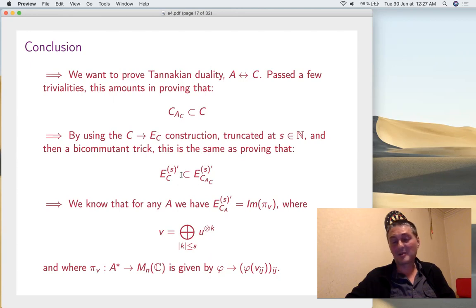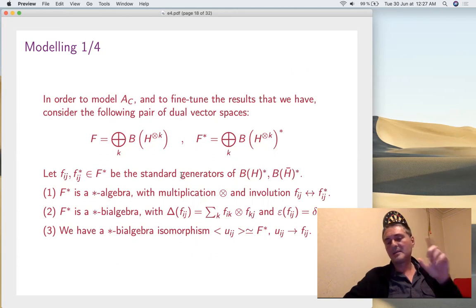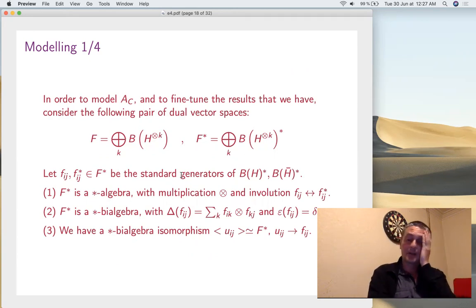So we're done somehow with abstract algebra. We cannot get beyond it. We have to go now into some matrix theory. We'll do things there. So modeling questions. So we have to model A_C in order to prove these things. And how to model A_C? Well, A_C is the algebra associated to a category. So basically, you take C(U_N^+), the free algebra generated by entries of a biunitary, and you mod out by all these relations.